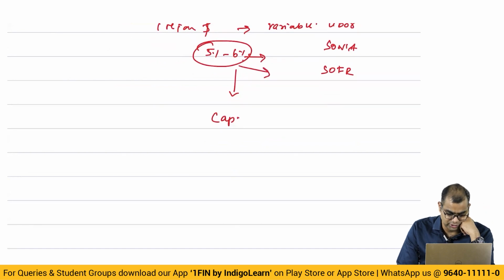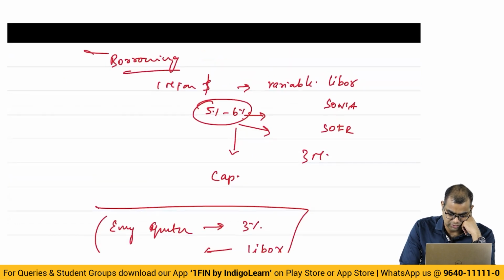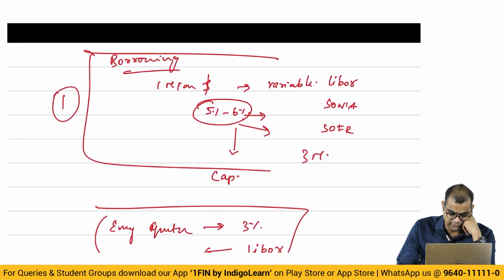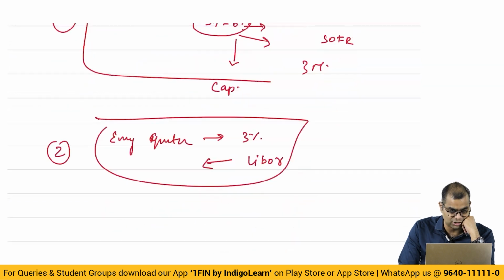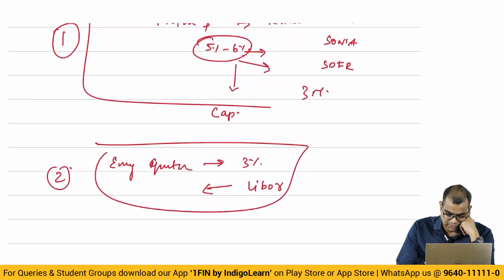So every quarter, let's assume this is a 3-month LIBOR, I'll pay you 3%, some number like 3%. In return, you give me LIBOR. This is transaction 1. You are entering into transaction 2 so that